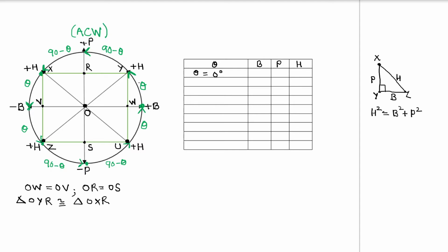Now once we know this, it becomes very easy to decipher. If I know sine and cos, I can decipher the remaining trigonometric ratios also in terms of the values which they take for various values of theta. At the same time, we will be able to decipher the polarity of their values as well. So coming back to BPH, now theta is equal to 0 degrees and theta lying between 0 degrees and 90 degrees.